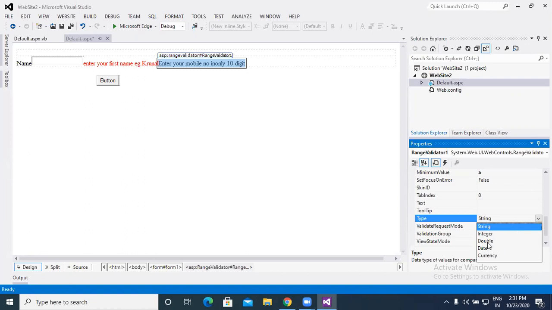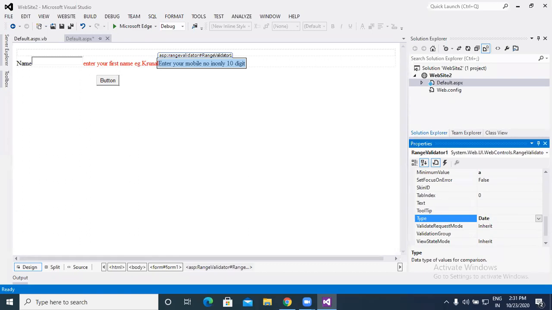Next, double. So double, that is the range of that particular double, so it accepts data in the form of double. Now next, date. In some applications, for example, before December, if you are 18 years old, then your form is accepted.